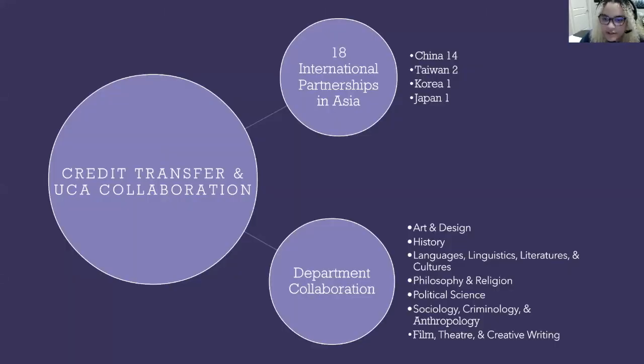For credit transfer and UCA collaboration, I looked into our partner institutions abroad. We have 18 international partnerships only in Asia, 14 of those being in China, 2 in Taiwan, 1 in Korea, and 1 in Japan. For this specifically, I wrote these down with the purpose of students from UCA going on